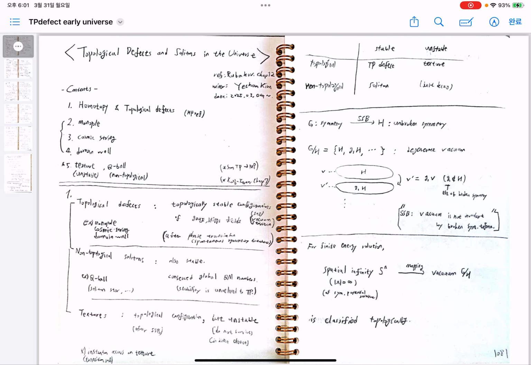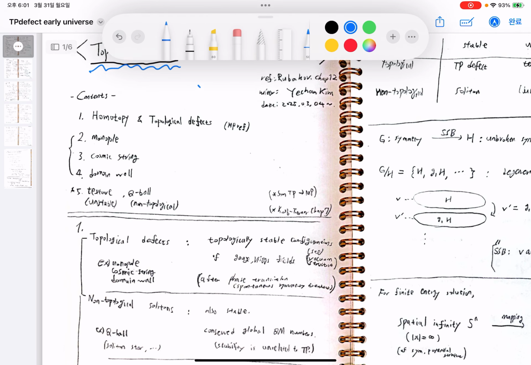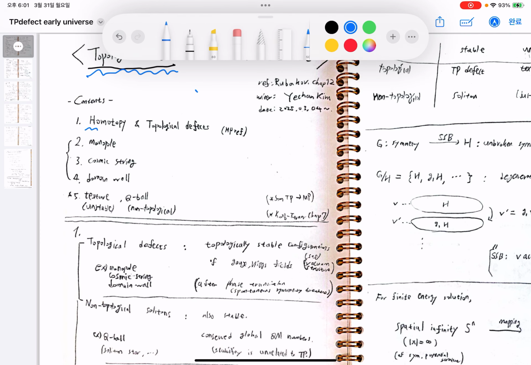I will talk about the topological defects in the early universe. First of all, I will talk about the homotopies from the mathematical point of view, and discuss the general explanation for the topological defect, and I will turn to the examples of the monopole, cosmic string, domain wall and